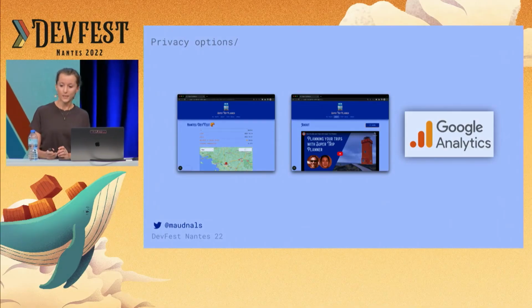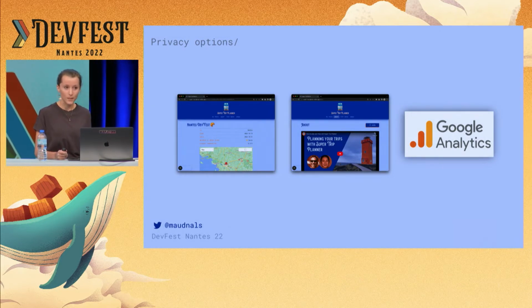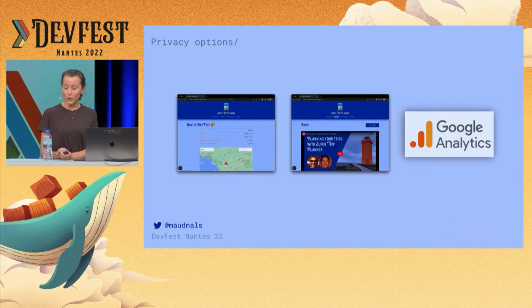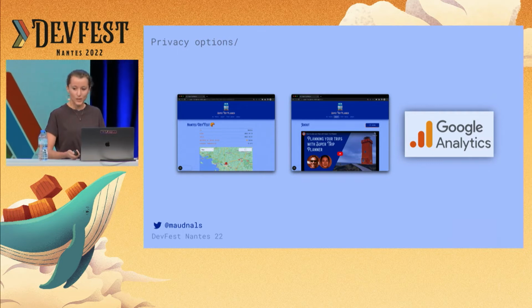So this is our demo application. We have a few third parties here. So you saw we have a map embed. This is actually using Google Maps, because that's the one I know. We have a video embed. This is a video embed from YouTube in that case. And the third one is analytics, so Google Analytics in that specific case. It's kind of irrelevant what exact third parties I'm using here. I'm using this for convenience, but what I'm going to tell you about is valid whatever third parties you're using. So let's think a little bit about the privacy options at our disposal here.